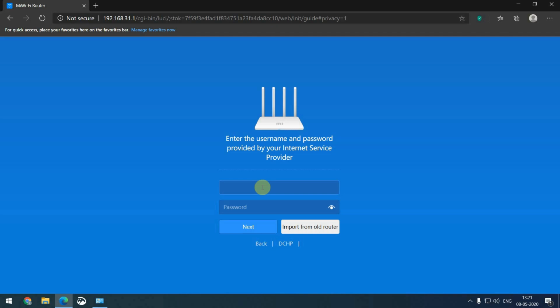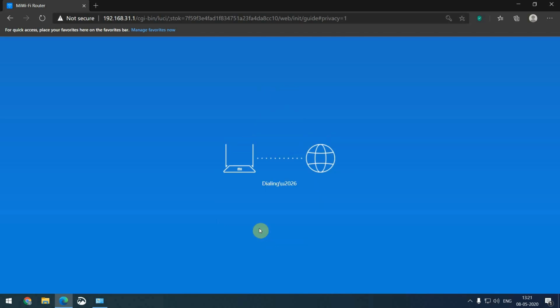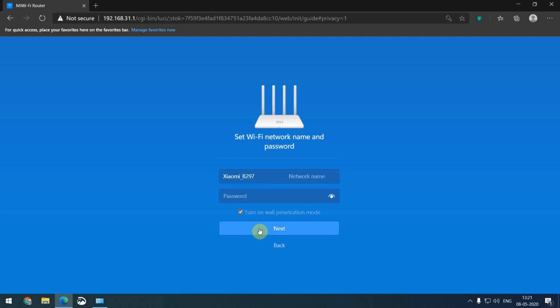So my ISP has provided me with a username and password, so I'll enter it here. Next. So it will try to establish a connection to the ISP server. Now it is asking for the Wi-Fi name and password. So we can assign a name for our Wi-Fi.